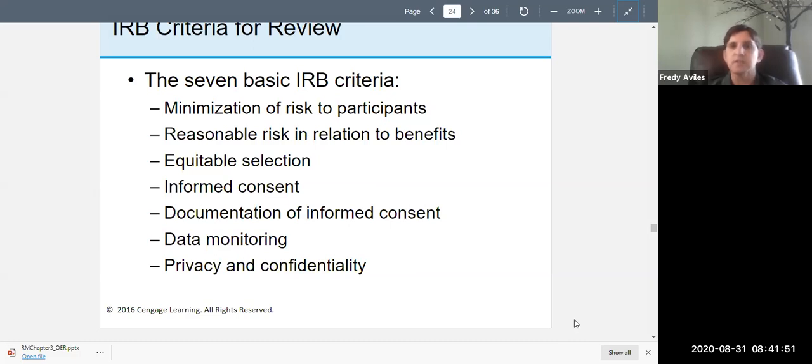And if there is some risk, is the risk basically reasonable in relation to the benefits? In other words, there's perhaps a little bit of risk, but is that reasonable given the benefits of doing this research, of what might be discovered or what it might lead to? Is it reasonable? There might be some small risk and the benefits could be large, or maybe there's a lot of risk and the benefits of doing the research are minimal,